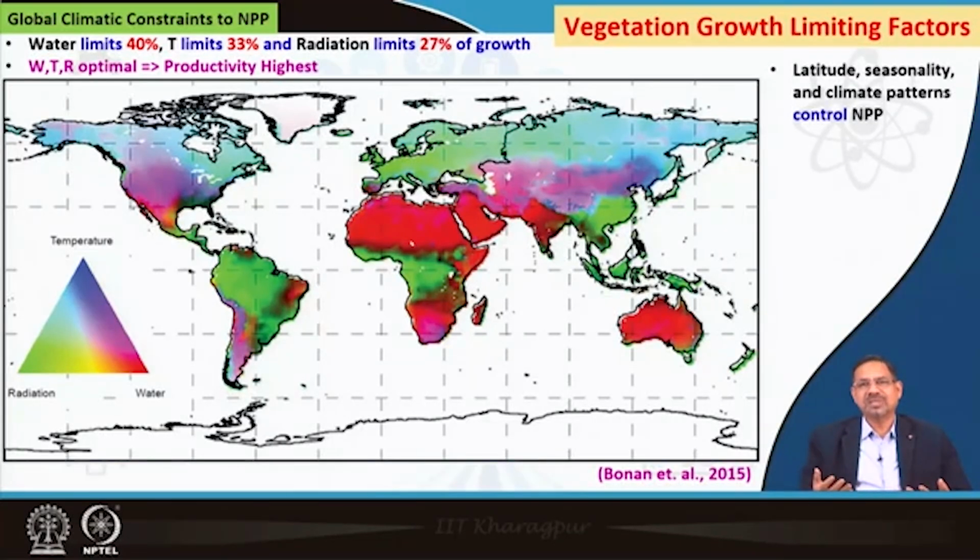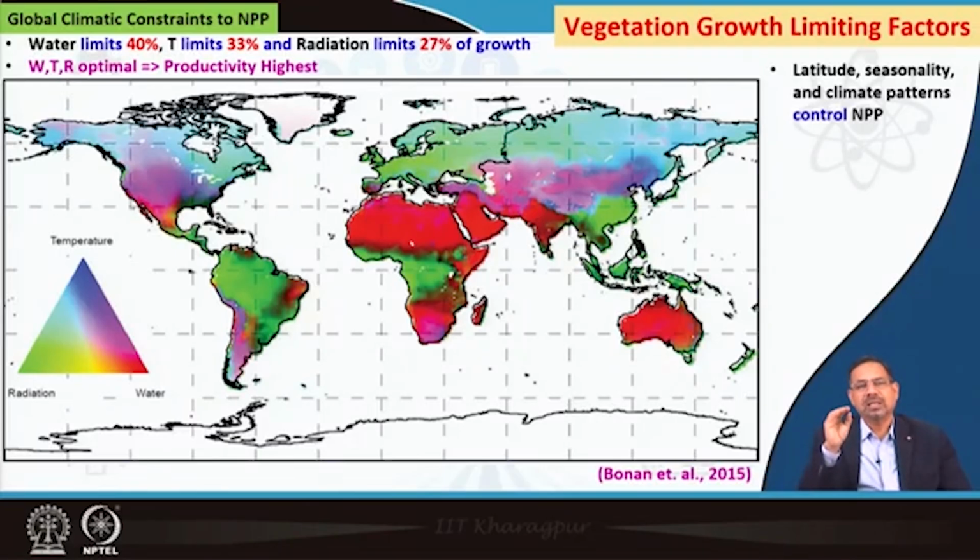So, that means the tropics have maximum radiation, but it says that if still more radiation can be available, this system can produce or synthesize more of the atmospheric carbon dioxide. But more importantly, let us move on to the other parts of the world. So, if we see the